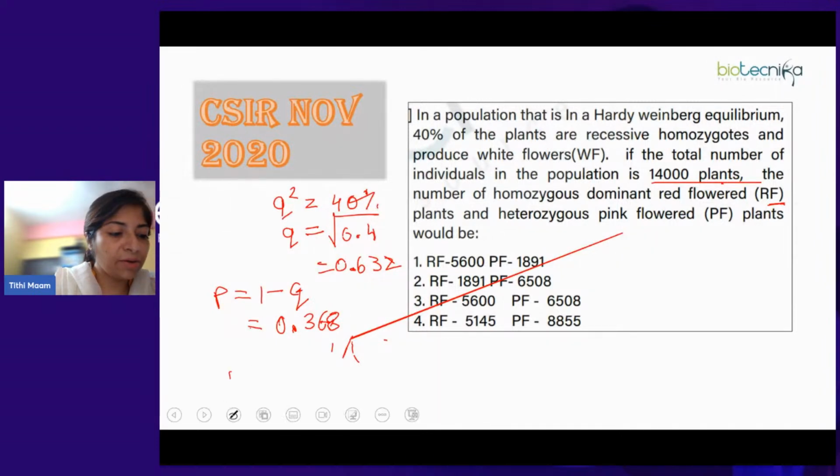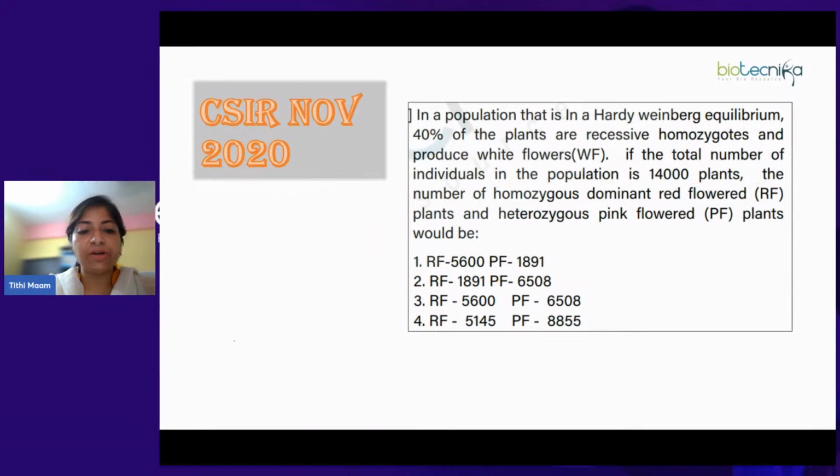Just a minute. So red flowers will be equal to,